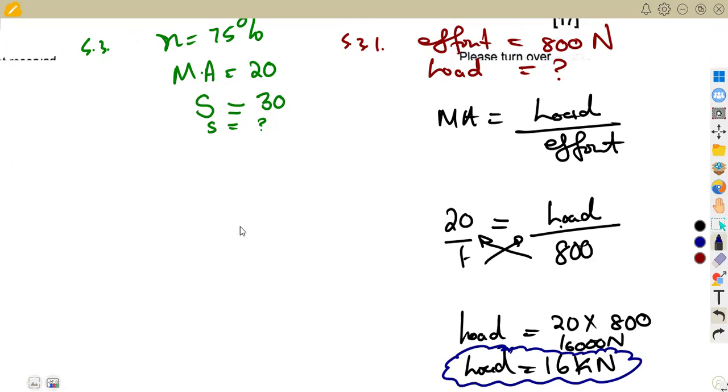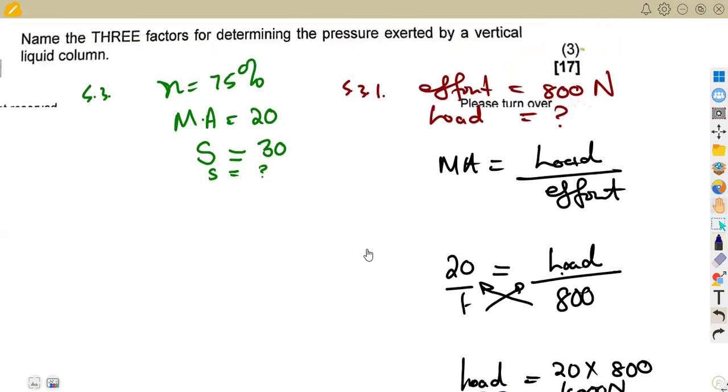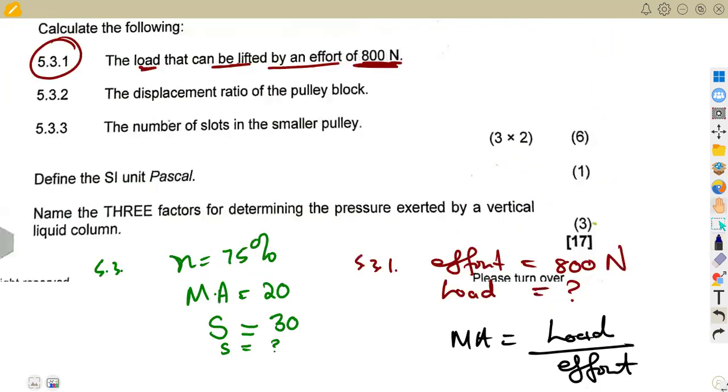That is the idea there, okay? So you just have to understand the questions, how they are given, and how to play around with the information that you are given also. Then